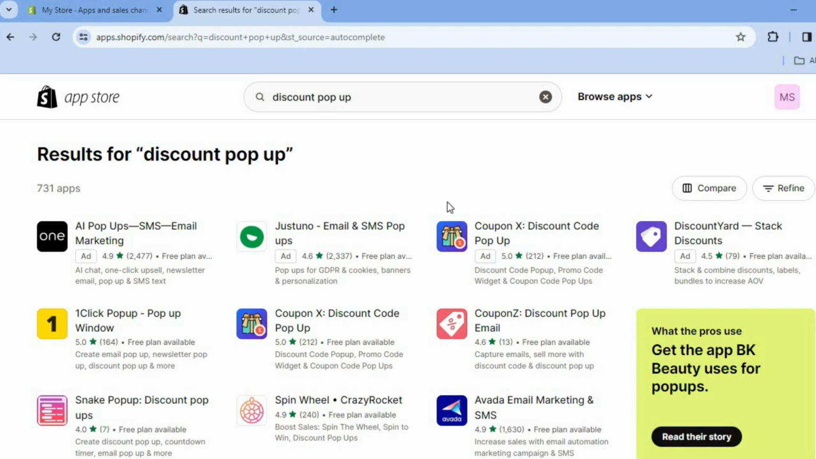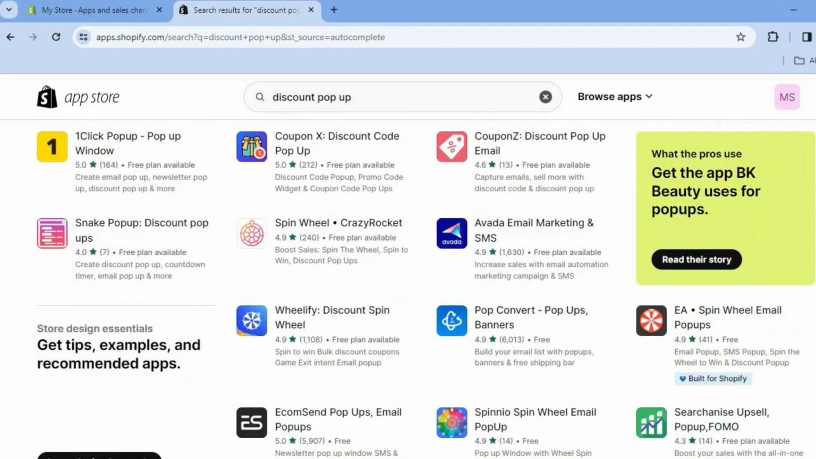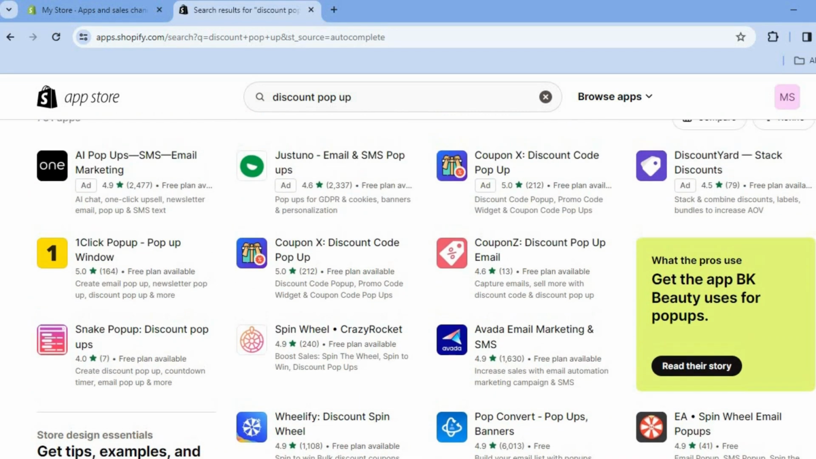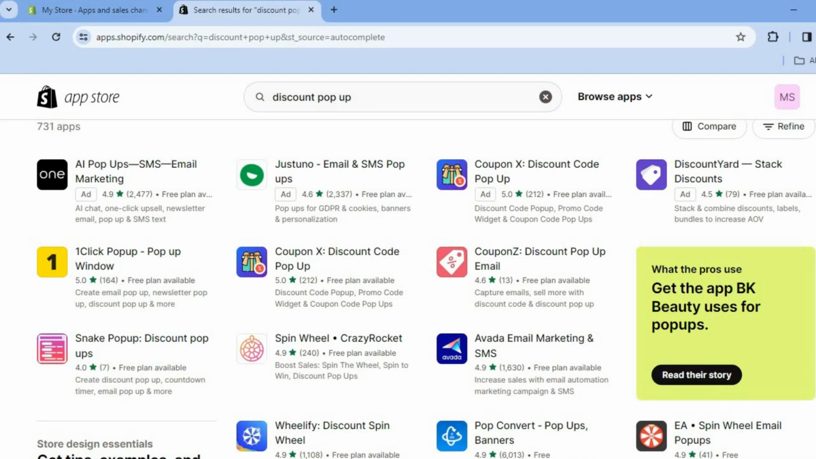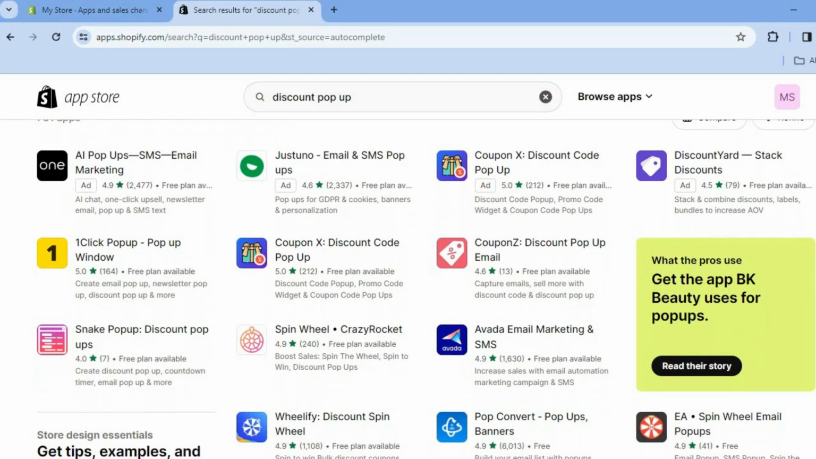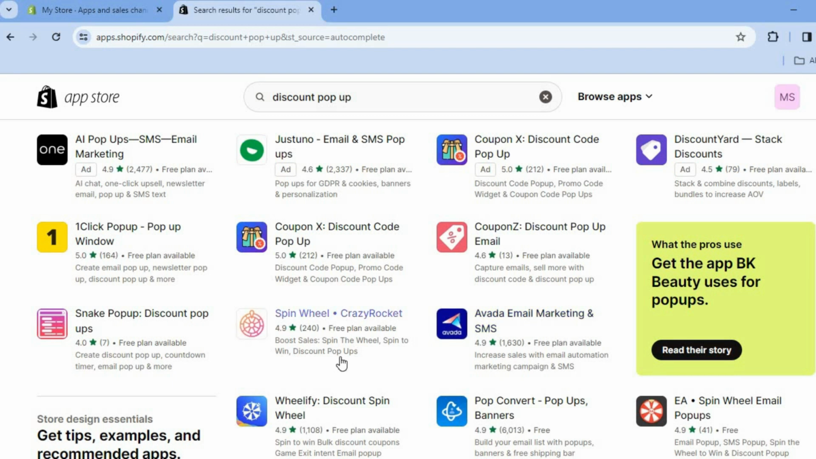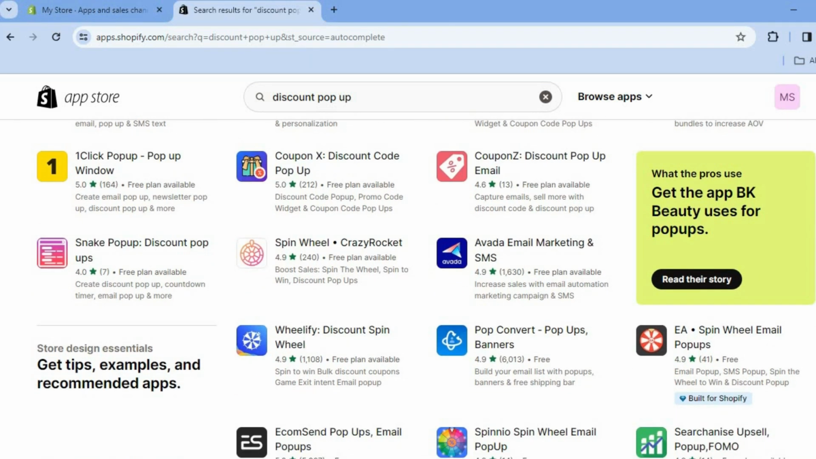After doing that, you'll be redirected to a new page. On this page, you can see that there are numerous apps that you can install and use. For example, if you'd like to use the spin the wheel pop-up, which a lot of persons tend to use, you can use this app right here. But we are going to be scrolling down, and the app that we'll be using for this example is Pop